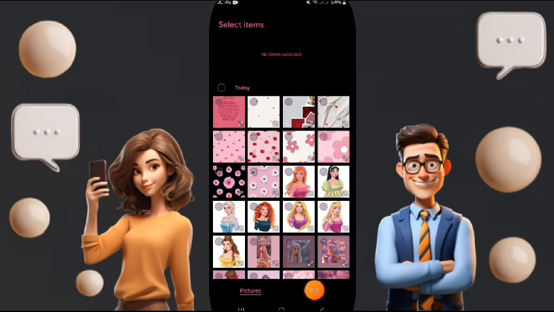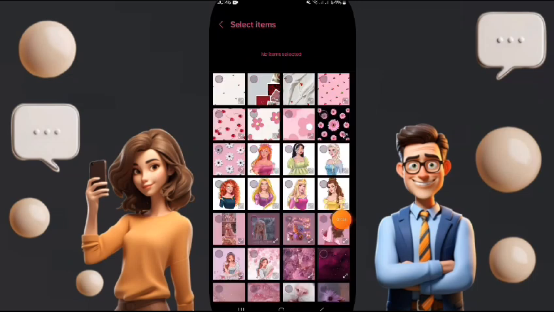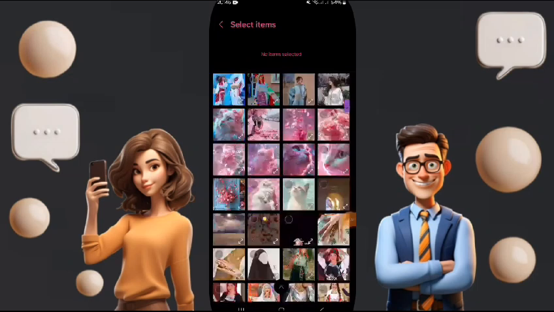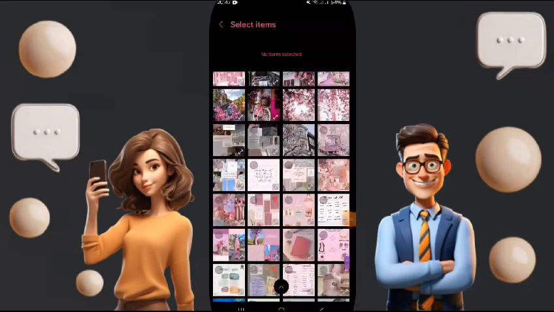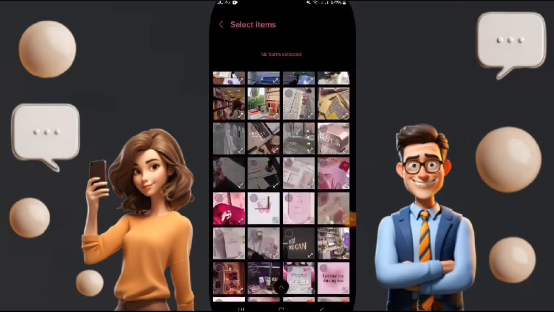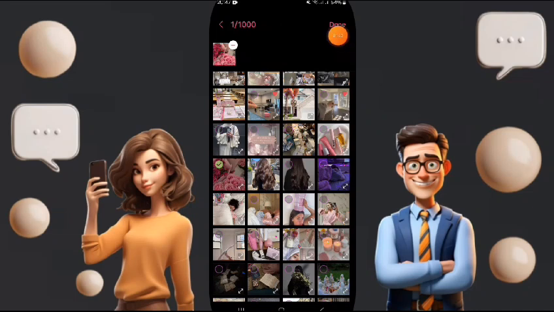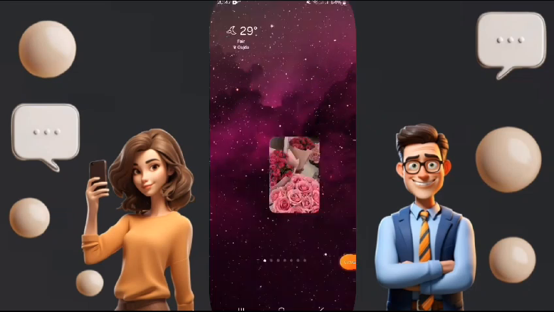Here you can go to albums. You will choose the album that you want, for example, pins. Here on this page, you will choose the photo that you want to add to your widget. I will choose this here, as you see. Then I will click on done. As you see here, we click on save, and then